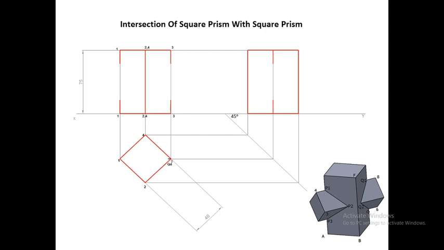dimensions. Now we will mark the edges in the side view. So we have marked the edges. First is edge number 2, so this is the vertical edge 2 2. Second will be 1 and 3, vertical edge 1 1, vertical edge 3 3, and the last is edge number 4, vertical edge 4 4.